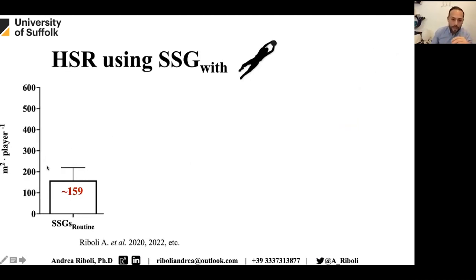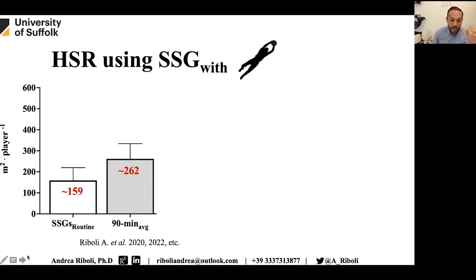Therefore, we found that in small-sided game routines, in practical routines, about 160 square meters per player are usually utilized in small-sided games. But to replicate high-speed running distances, to replicate the 90-minute average match demand, we need about 260 square meters